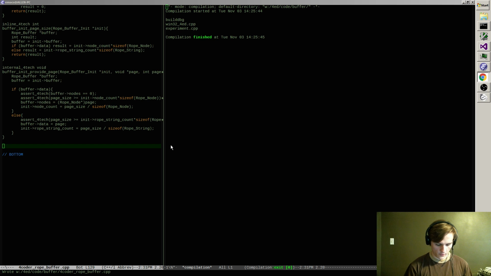So the next thing I have to do is initialize this thing. To get it started, I have a bunch of rope strings that I need to put into a free list. Not sure if I'm using that term correctly, but what I've always meant by free list is a list of things which are free that you can pop something off of. So I have that list of free rope strings, and then